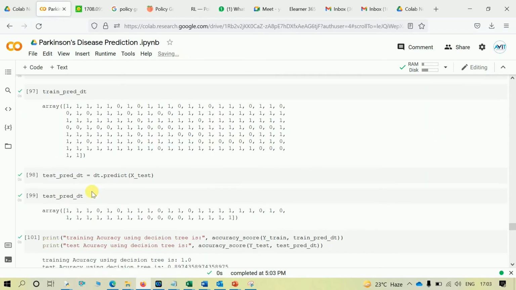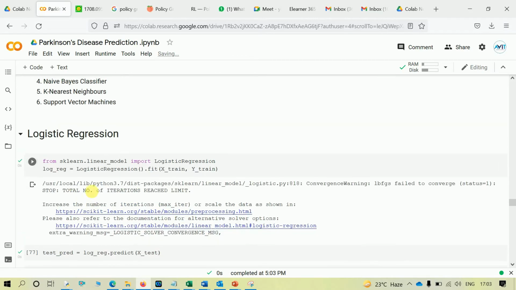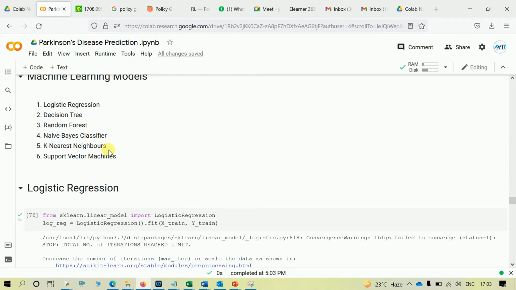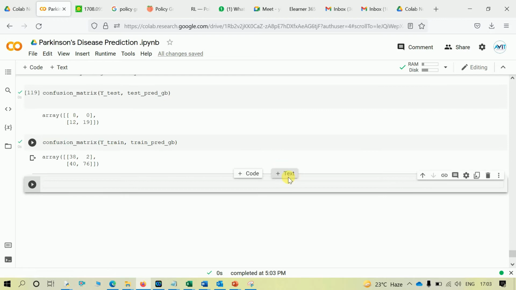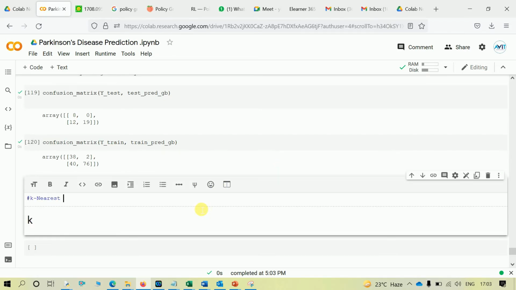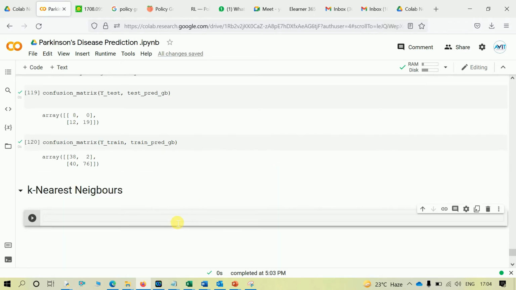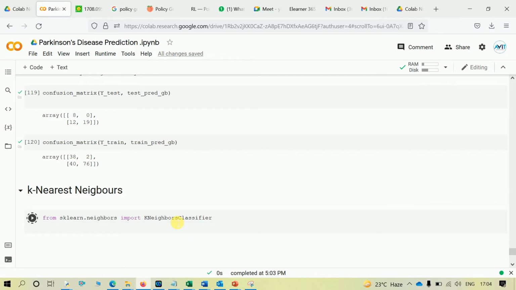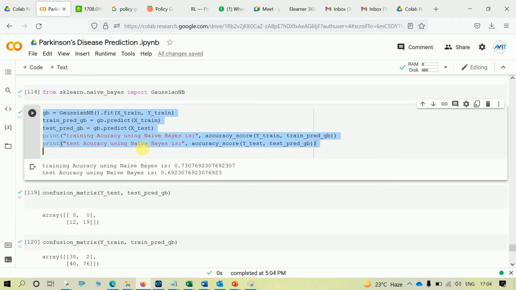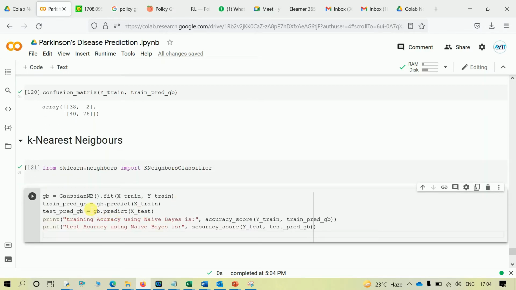So we got pretty bad accuracy compared to decision tree and random forest. Let's look at k nearest neighbor. Let me import the library first from sklearn. Let me run this cell and then I'll copy the fit and predict functions from there, but I'll write k nearest neighbors in here.